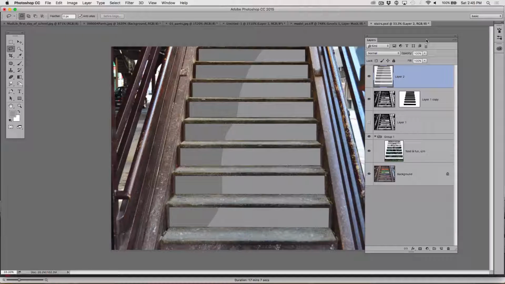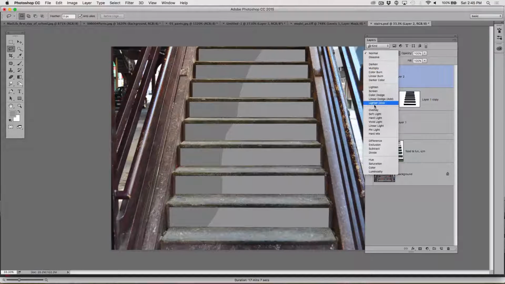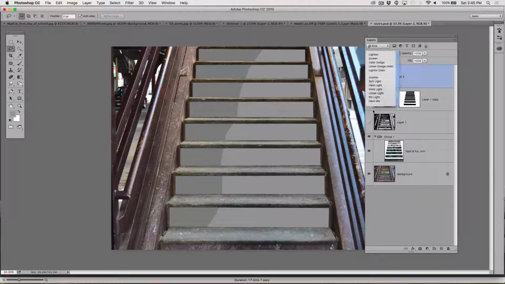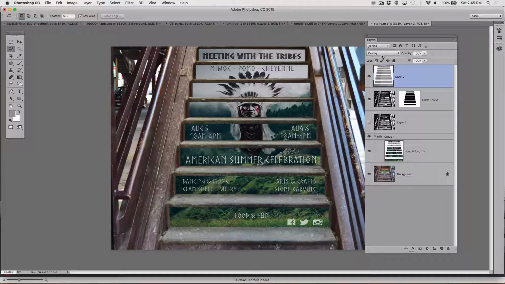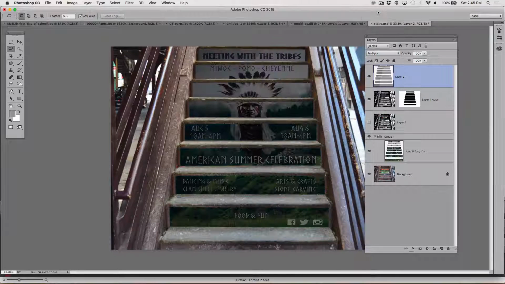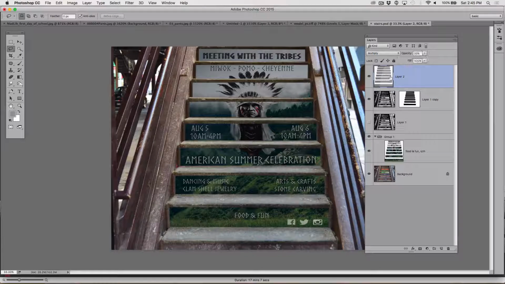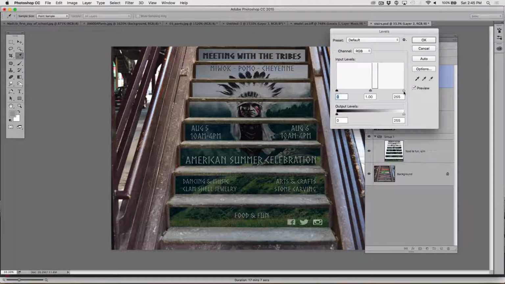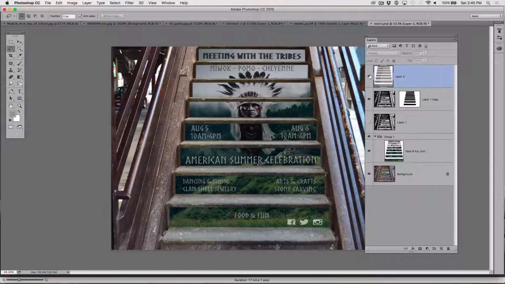Command D to deselect. Turn that on to overlay, or multiply, make it lighter, bring more contrast into it, Command L, and I'm creating a lighting effect on half of it. It doesn't seem very